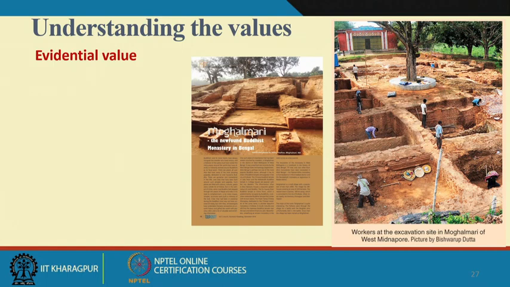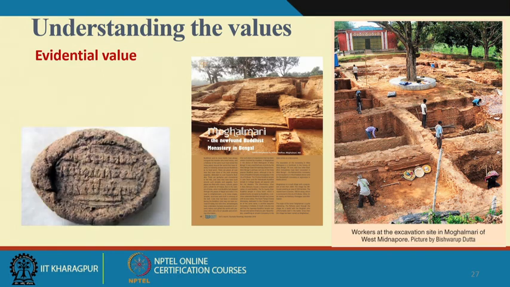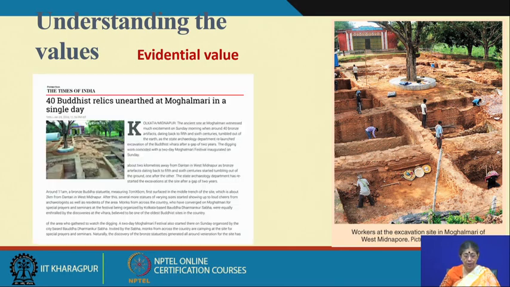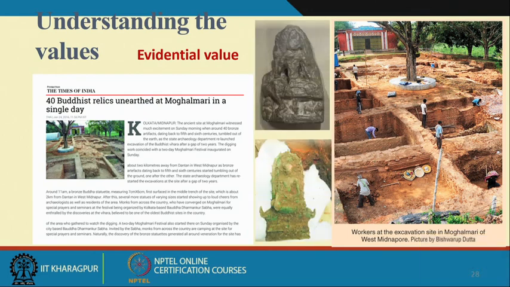It is only after archaeological remains were excavated from Moghalmari that people got concrete evidence that it is really the place where a very large Buddhist monastery stood. There were coins and different evidence discovered, and the local community played a very important role. So, this place has evidential value, because it made us understand that this was a very important place. They also discovered a lot of bronze statues of Buddha, which gave concrete evidence that it is a very historical place.